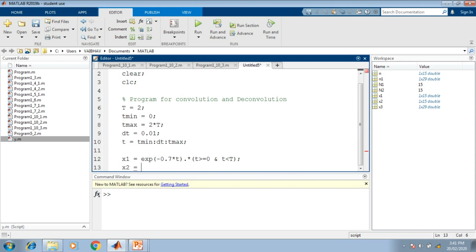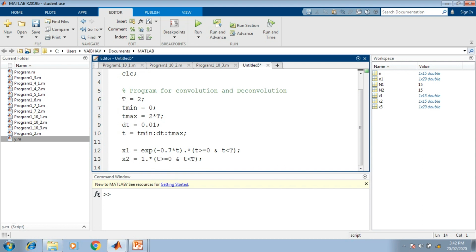The second signal will be held by the variable x2 here. So x2 we formulate here as 1 dot asterisk operation with t greater than or equal to 0, and we have t less than capital T here. So the x1 and x2 have been generated.